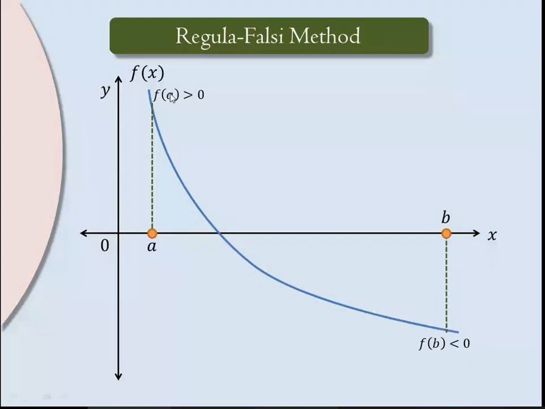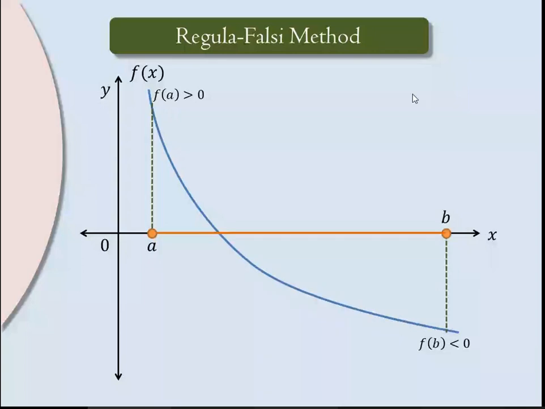Now, as f of A is positive, we are fixing point A. Whichever is positive, fix that point, and we have to vary the other point. Now, where did we get the formula of the regula falsi method from? That we get by using the symmetric form of the equation of a line. If you know the two points, x1, y1, x2, y2, then what is the symmetrical form of a line? Sorry, y minus y1 divided by y2 minus y1 equal to x minus x1 divided by x2 minus x1. Making use of that, we get a straight line.